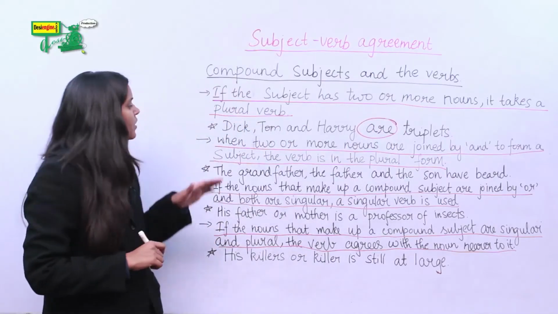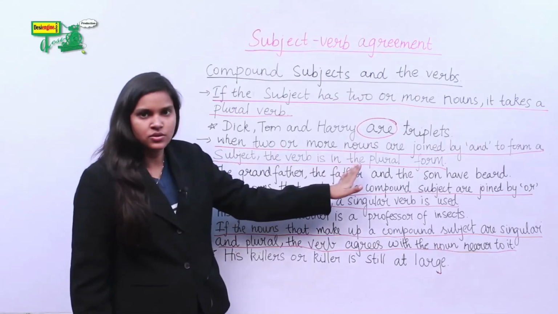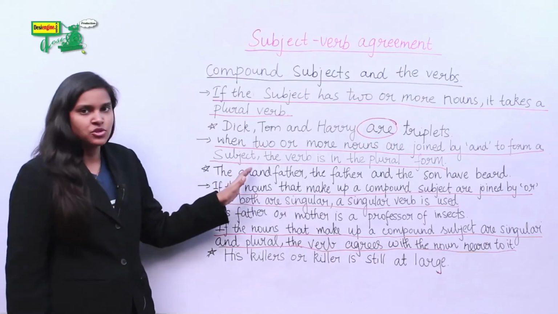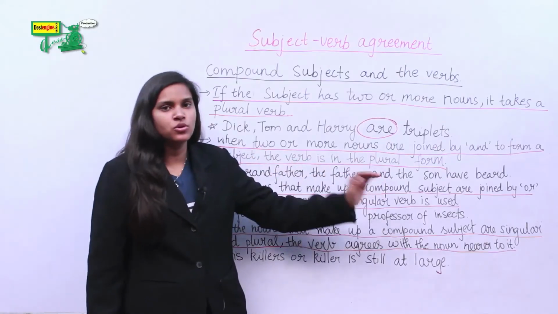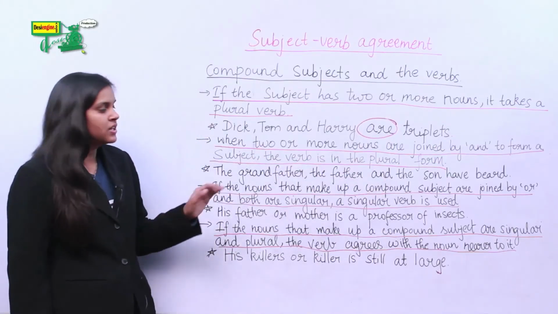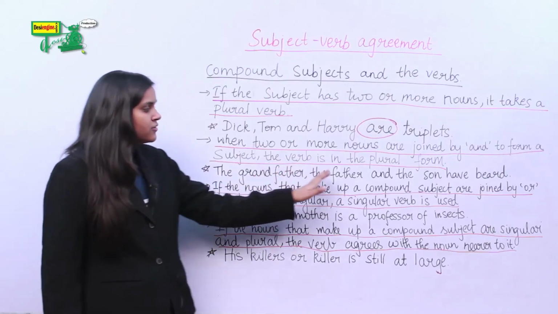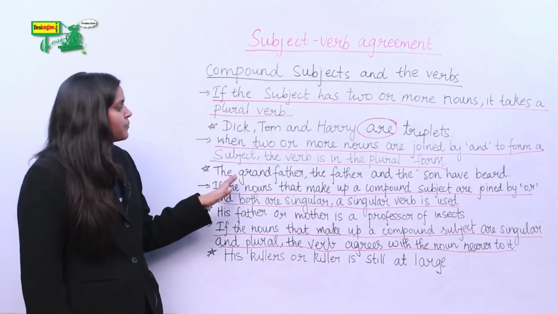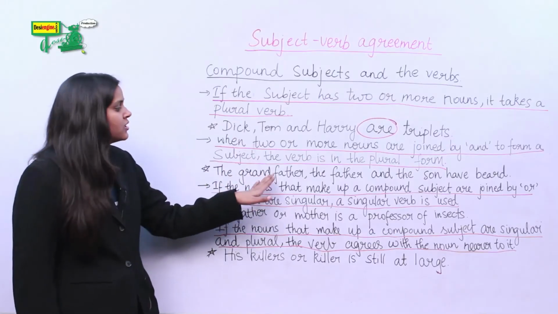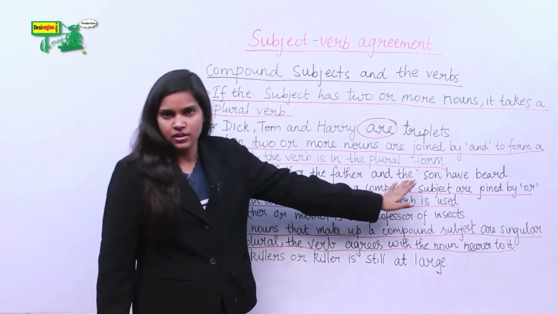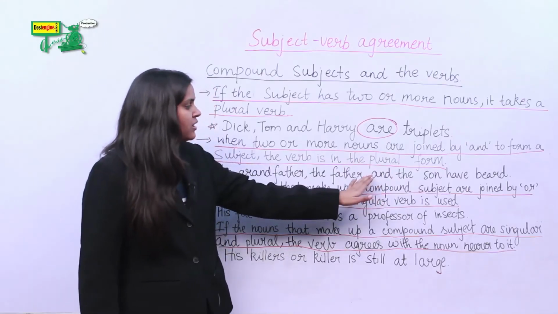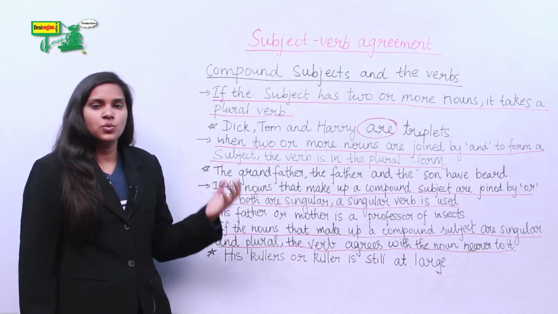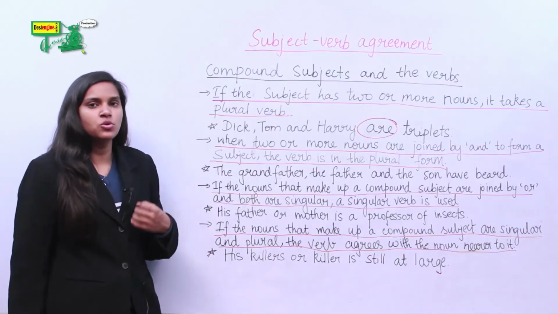Next rule is, when two or more nouns are joined by and to form a subject, the verb is in the plural form. For example, the grandfather, the father and the son have beards. Here, three nouns, the grandfather, the father, the son are joined by and, and that's why the verb that it takes up is in the plural form,